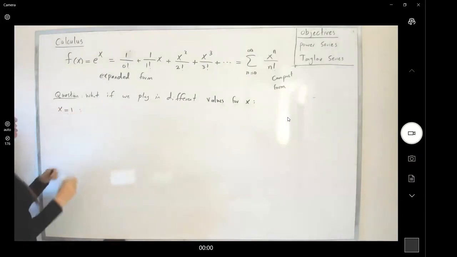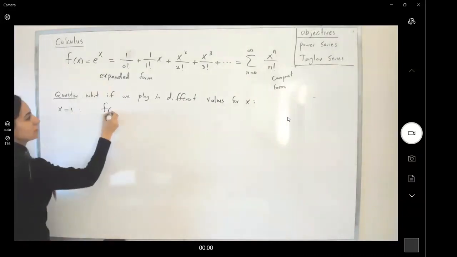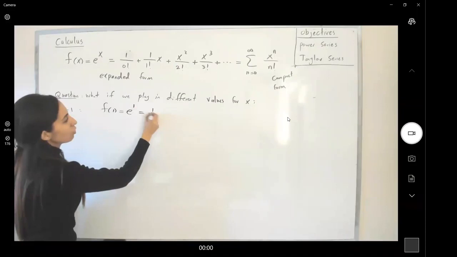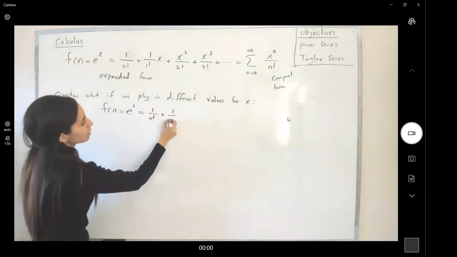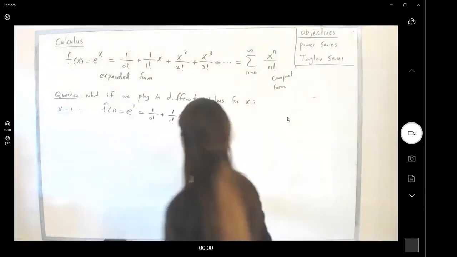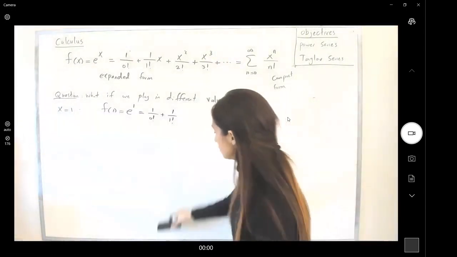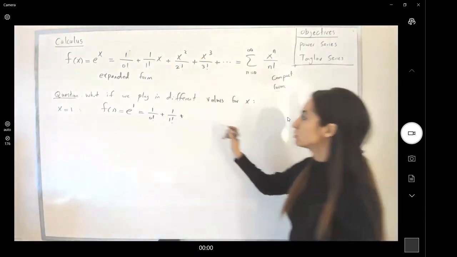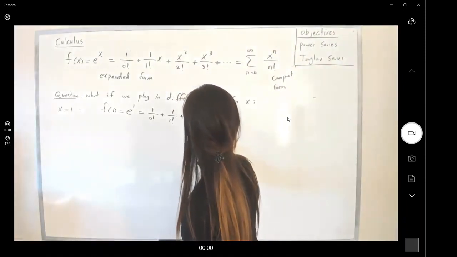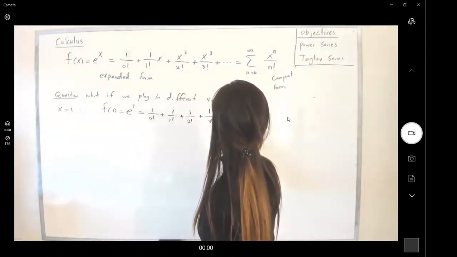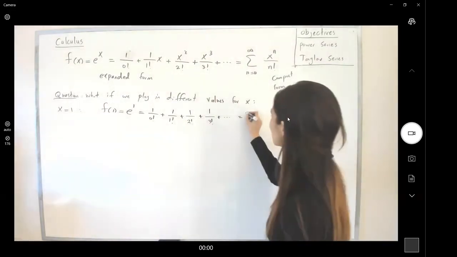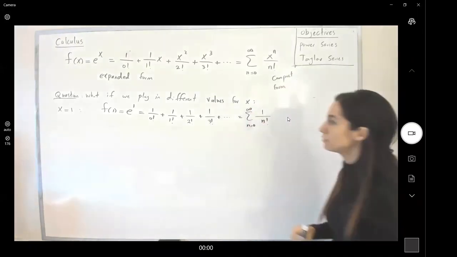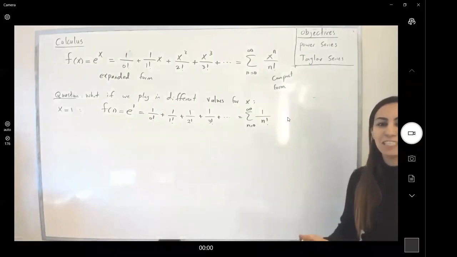If x is equal to 1, we get f of 1 equals e to the first power, which can be written as 1 over 0 factorial plus 1 over 1 factorial times x, and in this case x is equal to 1, plus 1 squared over 2 factorial plus 1 over 3 factorial plus the rest of them, or it is equal to the sum of 1 over n factorial, starting from 0 and going to infinity. Okay, e is equal to